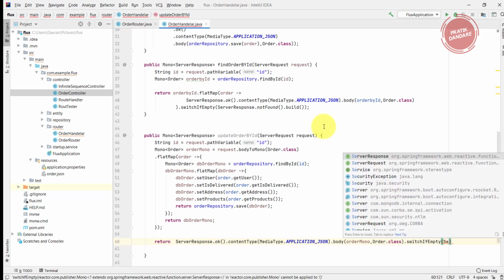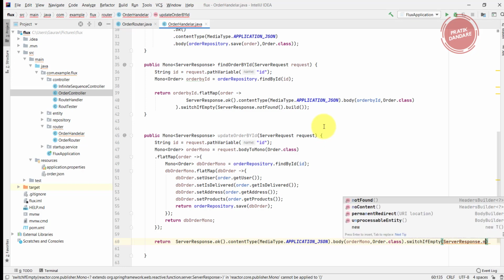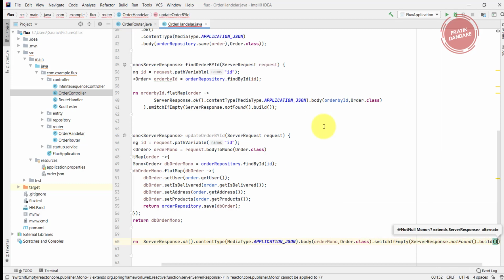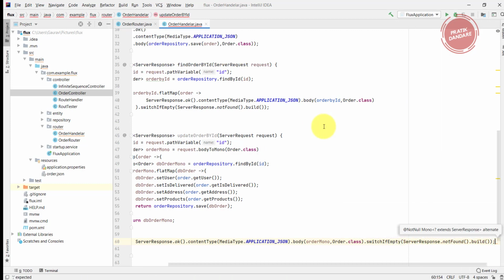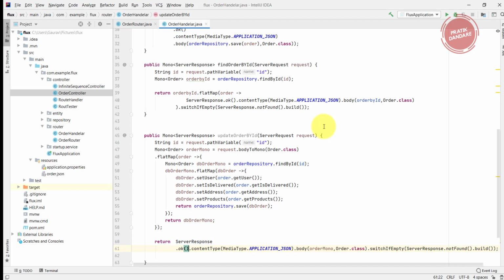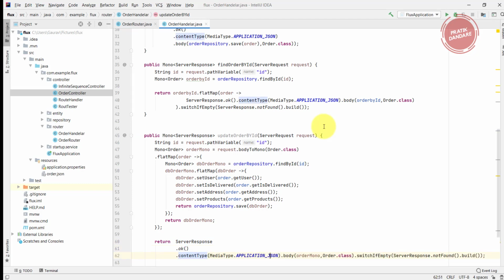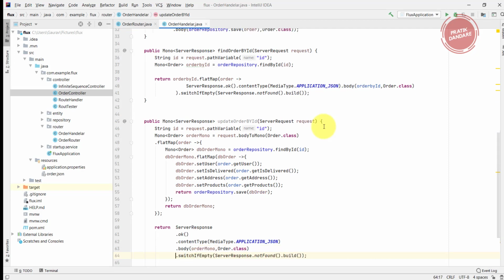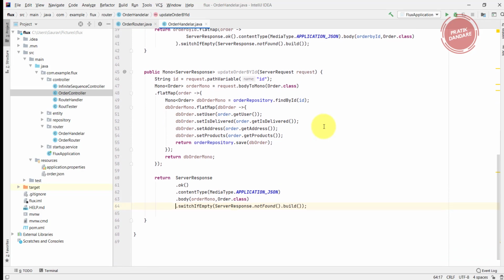So I'm using ServerResponse.notFound.build. That's it, and this code is going to work with update. I'm going to press some enters to show this code more beautifully. And this is the last one, the switchIfEmpty. This is how your update code works.